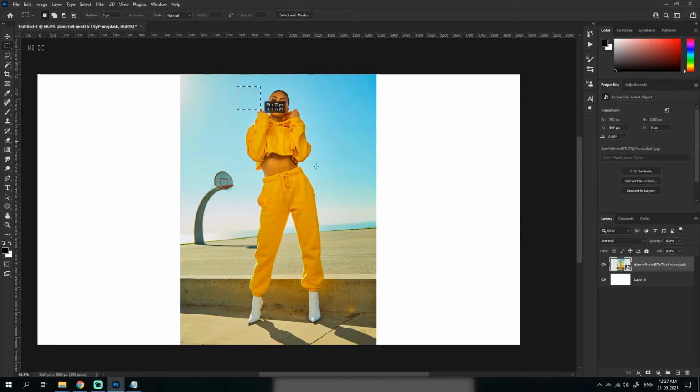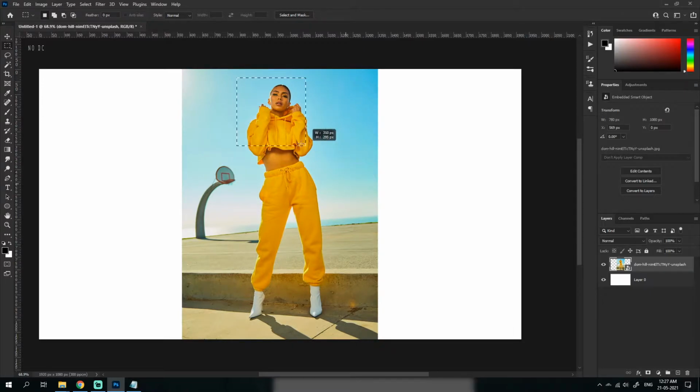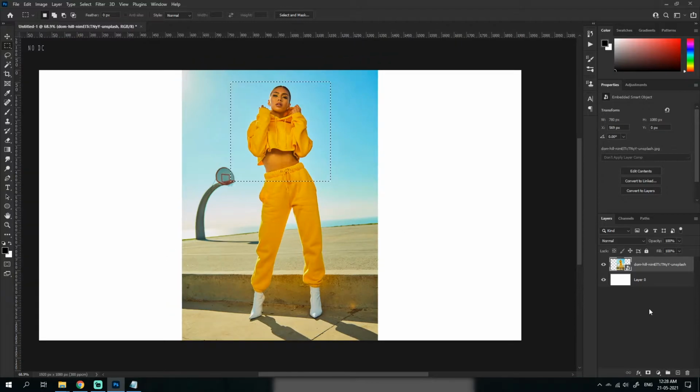You could also hold Shift to make it completely equal, depending on which Photoshop version you use. This effect might be on Shift, or it might be on by default. I know it's confusing, but what I'm saying is you can see that it is actually being a square instead of a rectangle. It might be default for you, but for me I have to press Shift, and for you guys it might be without holding Shift.